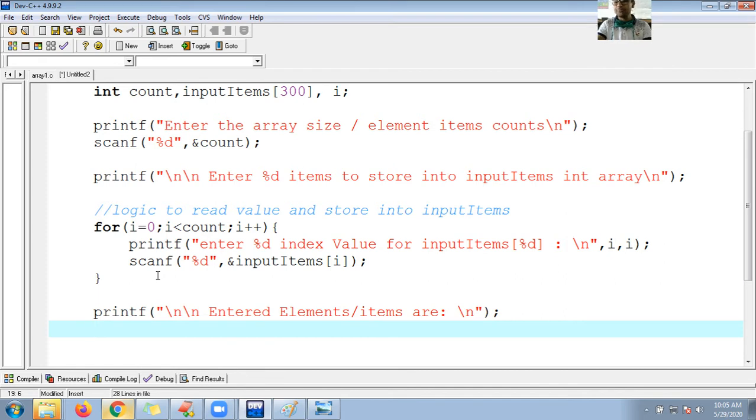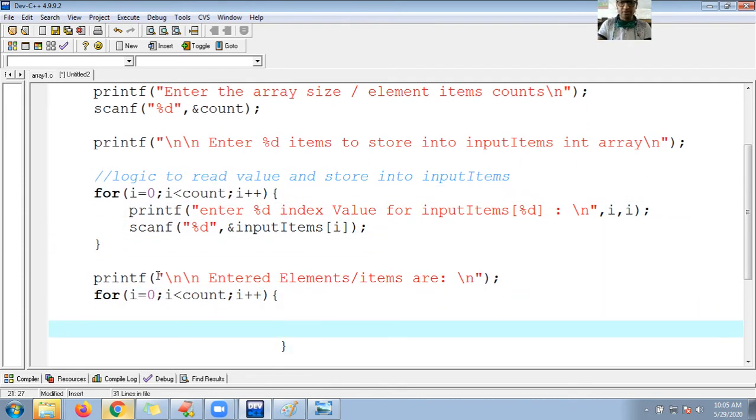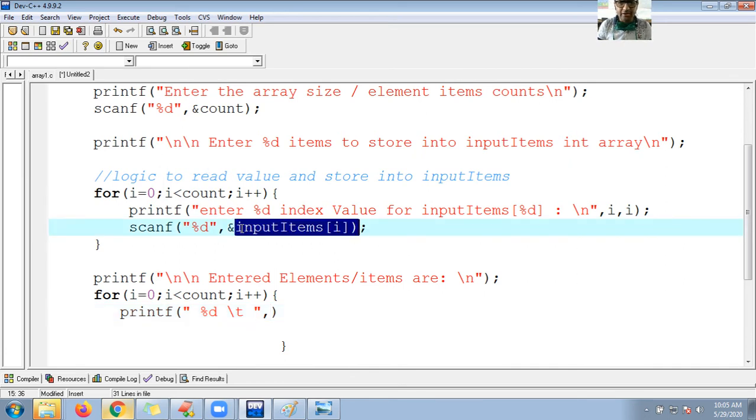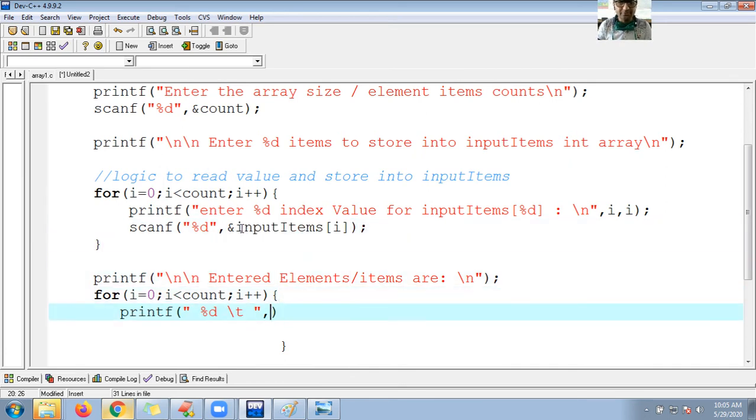So I need the counter. So guys, I need the same for loop. So Control C, I will use the same for loop with the closing curly brace. So I'll keep here my printf and let me show all the items one by one. So here %d, comma, otherwise \t, better. Fine, guys, comma, and here what is the item name? I can use the same. I'm trying to show all the items.